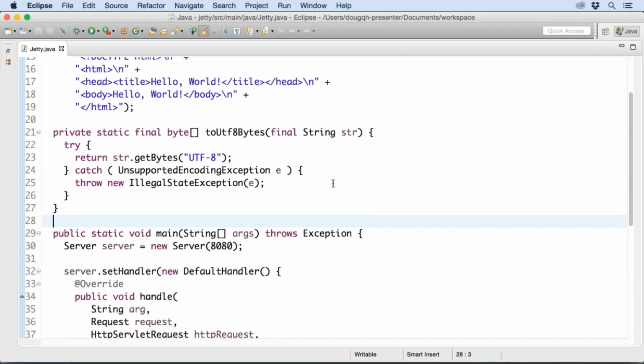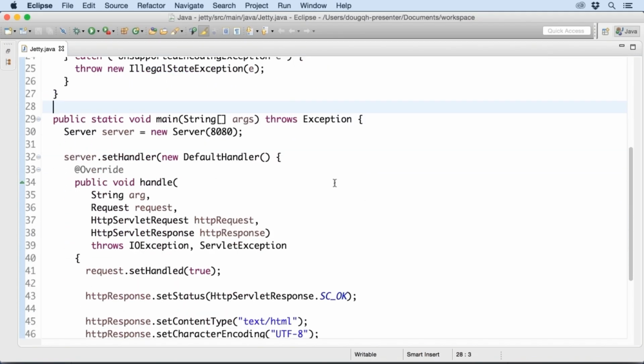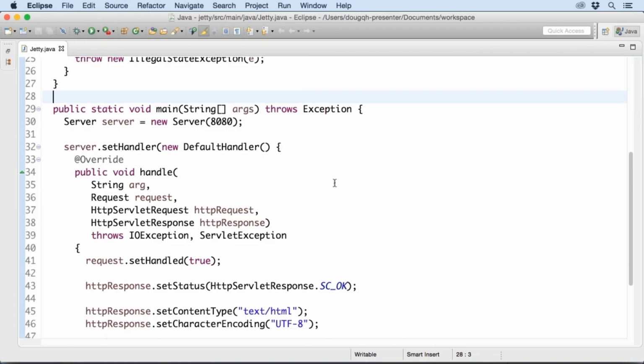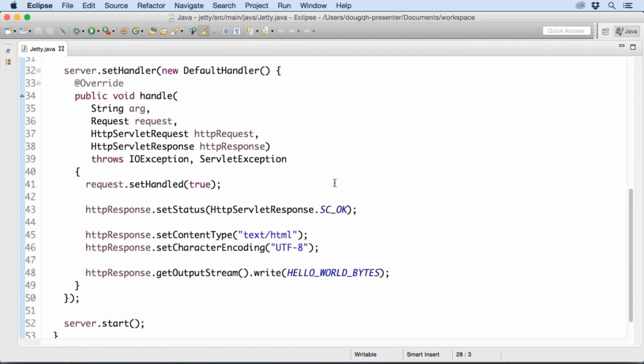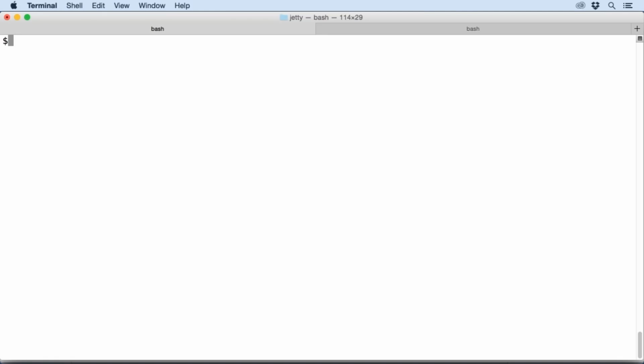To demonstrate Mission Control, I'm going to again use our simple Jetty server from before, along with JMeter to create load. Just to remind you, our server is quite simple. It simply responds to all requests with a static response of hello world. I'm going to switch to the command line to launch Jetty,